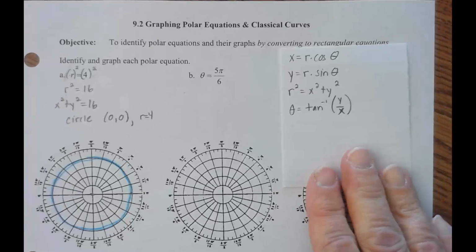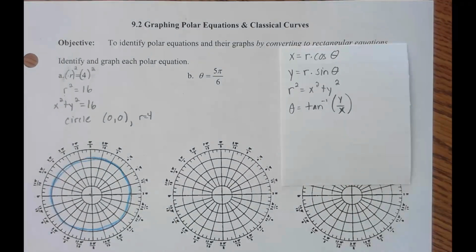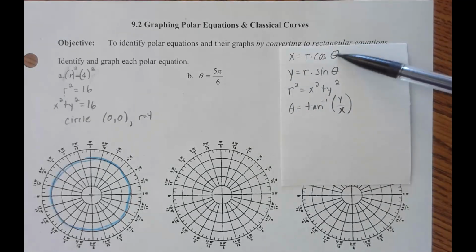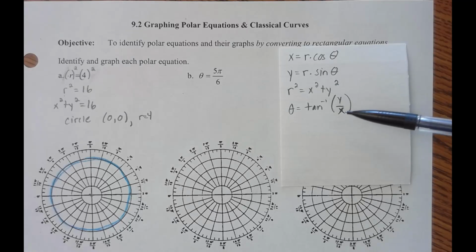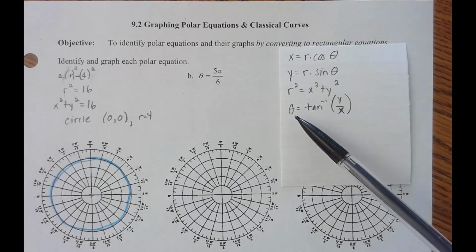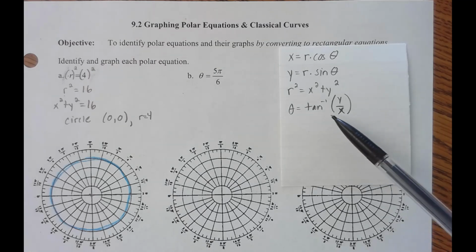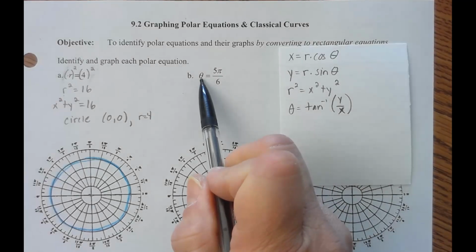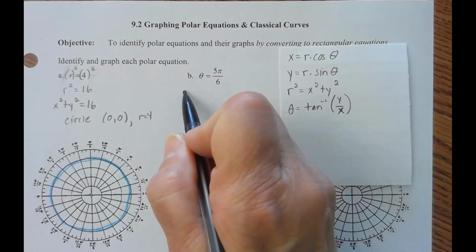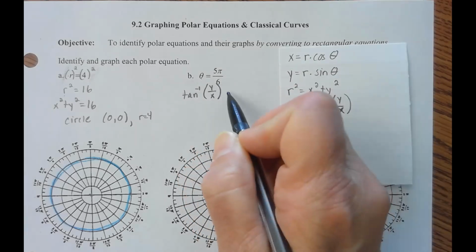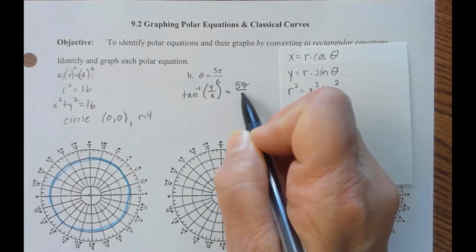Next one, theta equals 5 pi over 6. We're going to convert this to rectangular form with an x and a y. So I compare what I have in polar form with the different tools in my toolbox. And I can use this last equation here. Theta equals inverse tangent of y over x. So if I replace theta with inverse tangent of y over x, that's equal to 5 pi over 6,